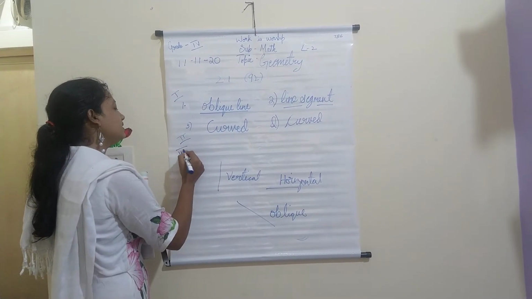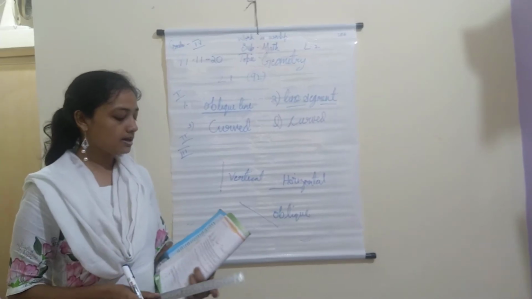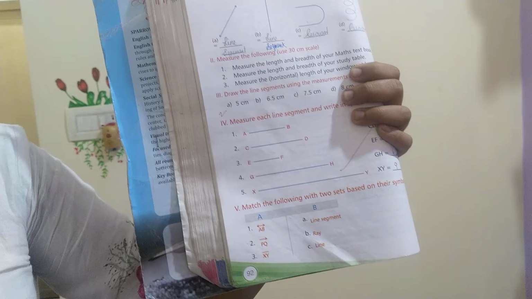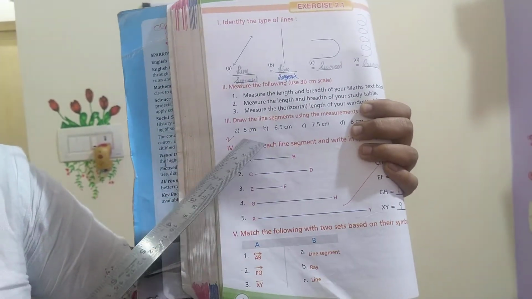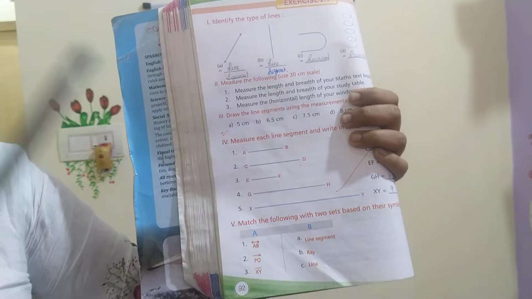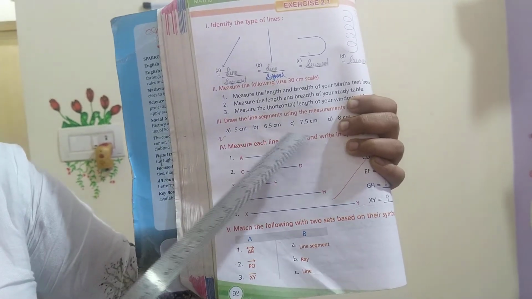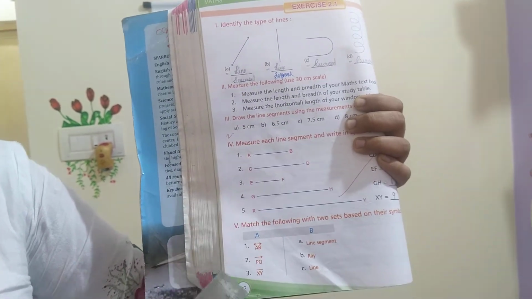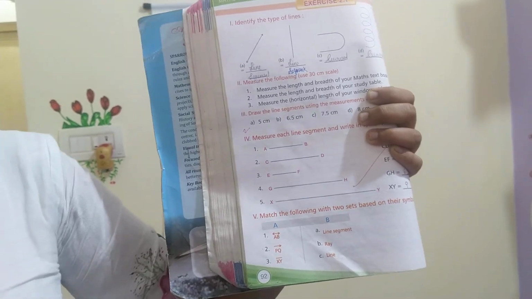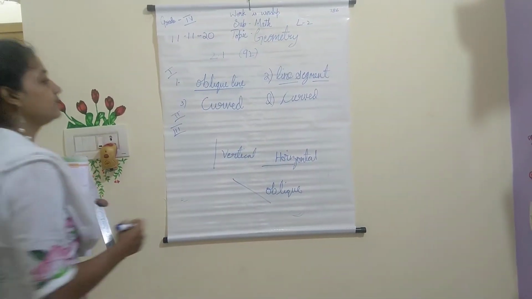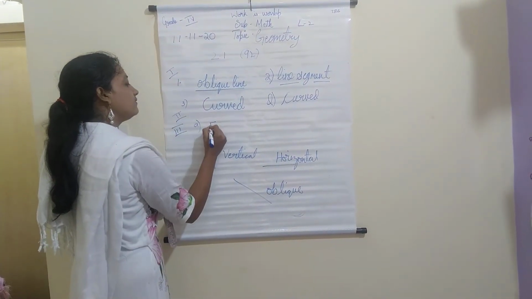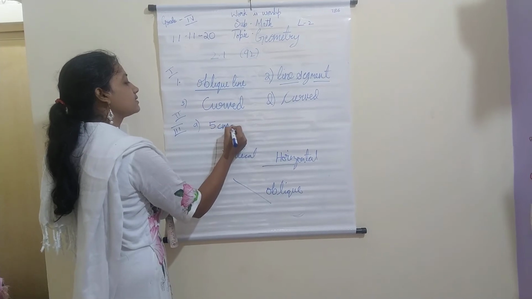Now let's go for the third main. In the third main, they have asked you to draw the line using your scale and you should name the lines also. Here I have a little gap, so I want you to draw only the first one in the textbook. Rest everything I'll be sending you as notes. Please don't write anything before that in the classwork. So the first one is A, 5 centimeters.